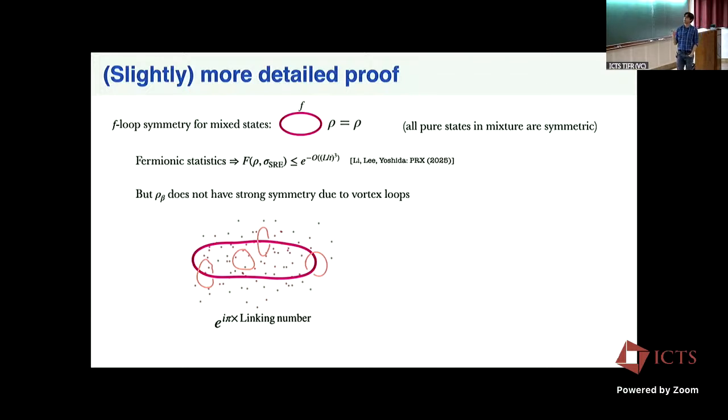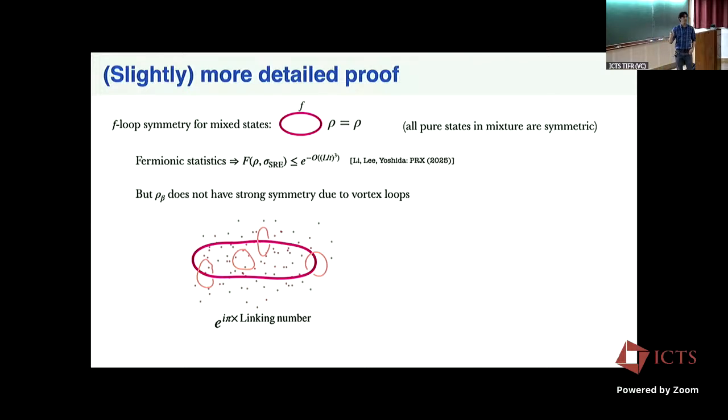Okay, so that's nice, but the thermal state that we are interested in is actually not a state that has this property. It's not invariant under the fermion loop as a strong symmetry. And the reason for that has to do with the fact that you do have these loop-like vortex excitations. Because there is a non-trivial braiding between the F loop, which is a world line of a fermion, and these vortex loops, the F loop picks up a minus sign whenever it winds around or links non-trivially with a vortex loop. And since there is a bunch of small vortex loops, I actually pick up something that's not 1, which I would require for this, but something that goes to 0 as I make this loop very big.